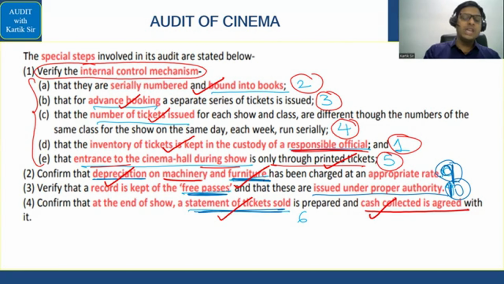Okay. And last time, because you fell down from the seat, the cinema hall owner will give you some free passes. So the auditor will check कि हमने कितने free passes दिए यहाँ पे, that also will check. For marketing purpose, the owner must have done. जैसे पता है कभी कभी रेडियो में ऐसा आता है कि if you answer 3 questions, then you will get for one cinema you will get 2 tickets free. तो ये वही है वो फ्री पासेस, सिंपल है यहाँ भैया, ठीक है। That is basically the audit of hotels.